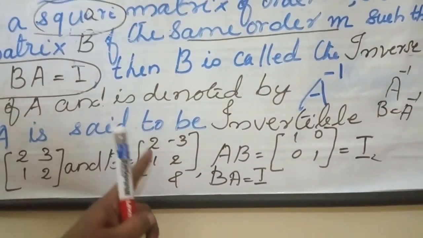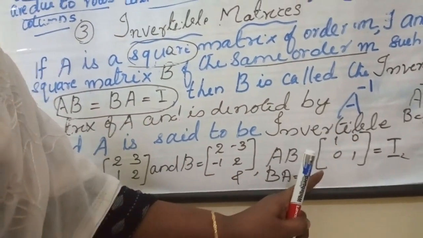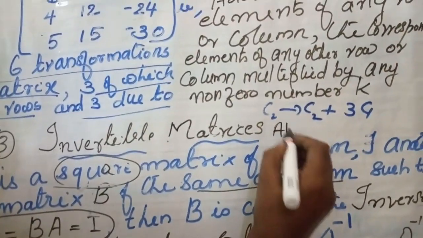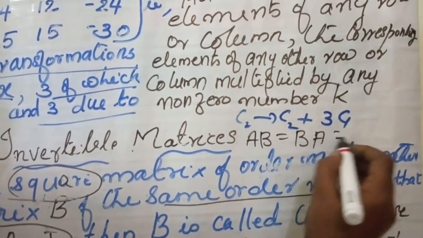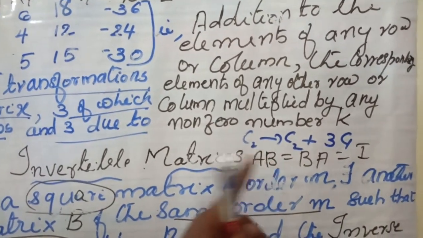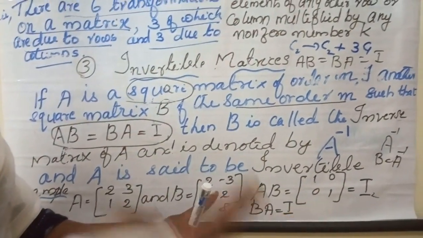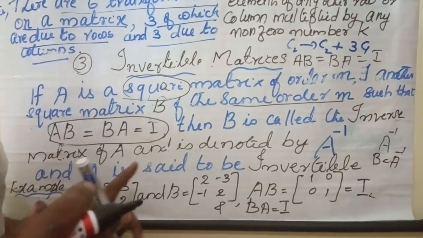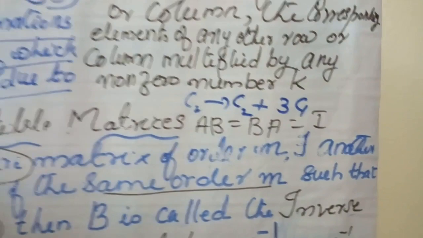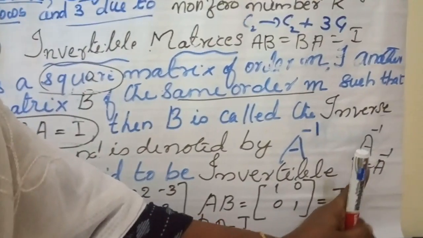In the same manner, you take the reverse order, BA. Then also you can see the same identity matrix. That means the final result we have is AB equal to BA equal to I. If this condition is satisfied, we can say that this B is the required matrix. Here I consider both A and B. This product is equal to I, which means B is the inverse of A, or we can write B equal to A inverse.